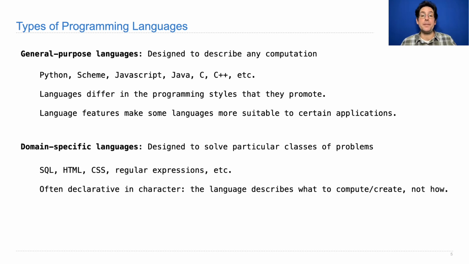They are often declarative in character, because if all you have to do is describe what you want, instead of describing how to compute it, that makes life easier for the programmers. And since these are specific to particular problems, they often need to be used in conjunction with general-purpose languages in order to build a whole application. And so many general-purpose languages have a way to also write some of your program in a domain-specific language, and that's often the most efficient way to get something done, which means that you end up learning both general-purpose languages and domain-specific languages in order to build applications and get things done in the world.